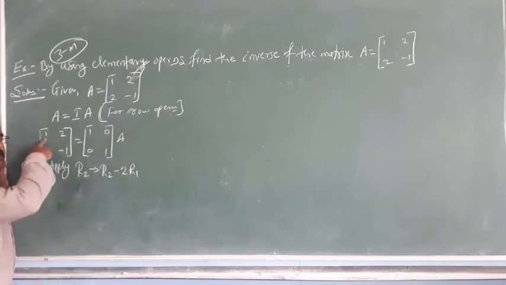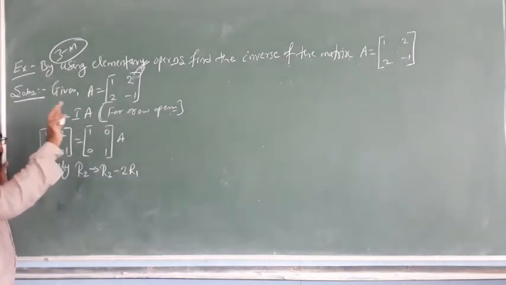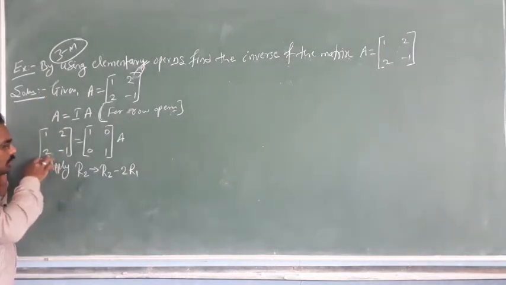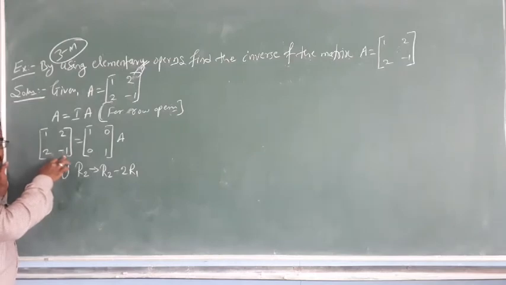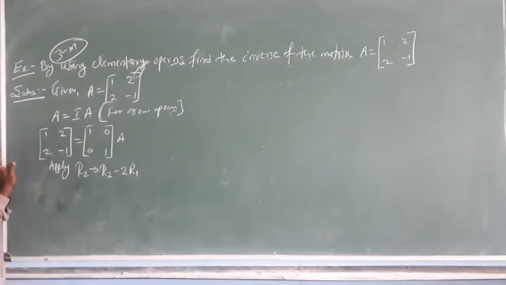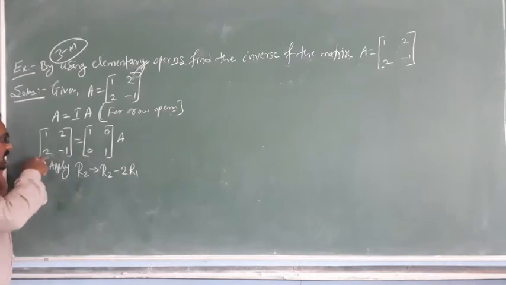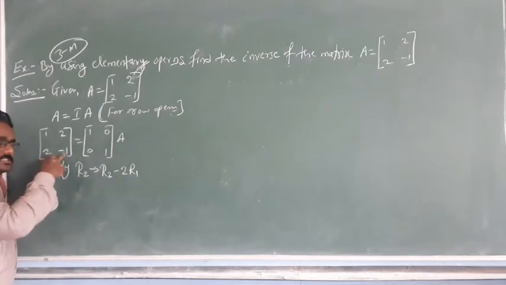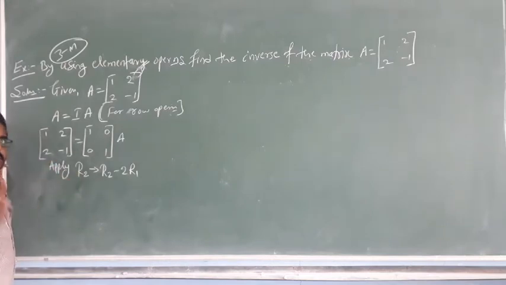Okay, already 1 is there, and in the second element 2 is there. Okay, let it be. Here in the second row, 2 and minus 1 are there. So in the second row the first element must be 0. So first operate on the second row. By that you have to get this as 0. You can't get the 0 and 1 simultaneously. You have to work it out, students. You have to make the calculation in such a way that this value becomes 0 and this becomes 1. So first I have to eliminate this 2 and convert it into 0.